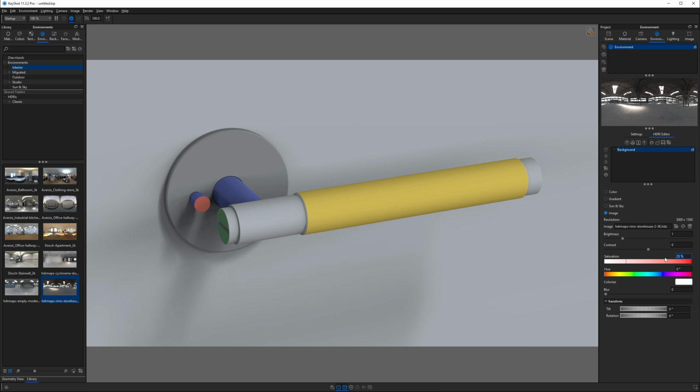Maybe just when we're crafting the materials, we'll just take it down to 0 for now, and then we can reintroduce that color when we're ready to render. I'll go ahead and refresh that HDRI, and the next thing that we want to do is jump into our